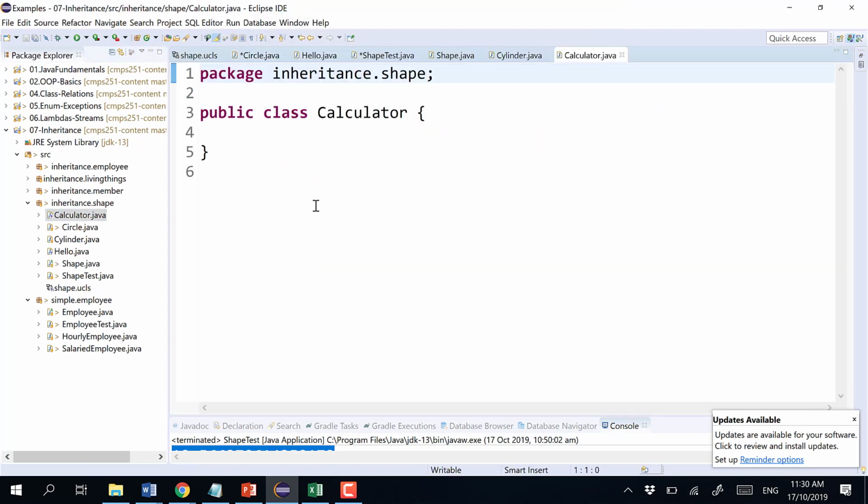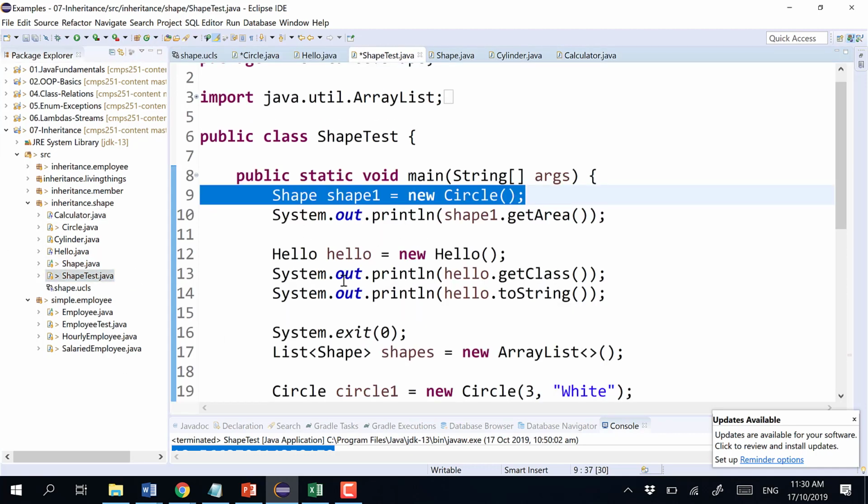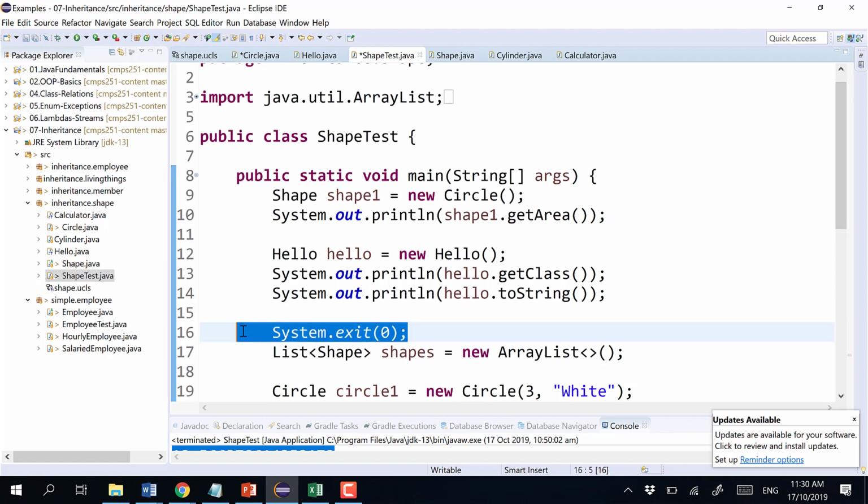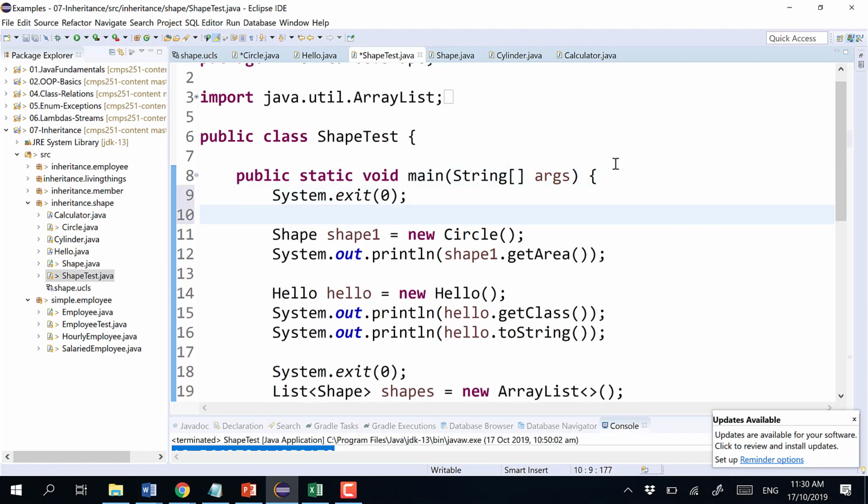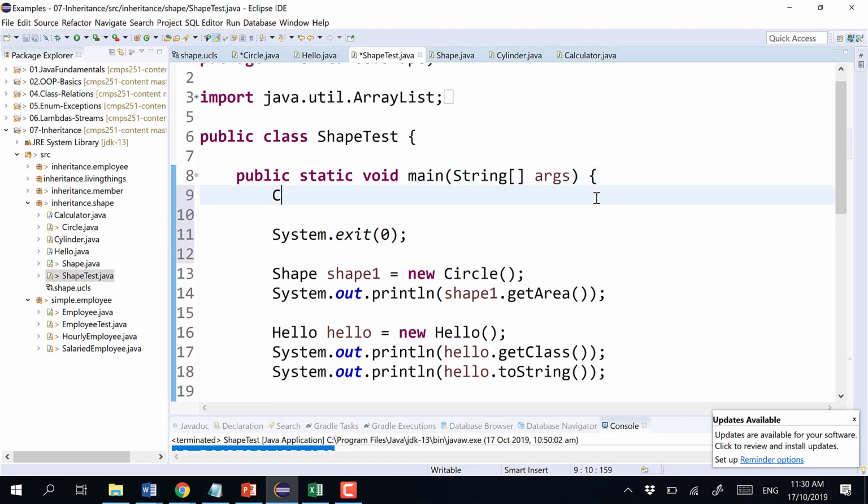Yep. It is blank. There's nothing in here. Nothing is implemented. I'll go to here. Let me just put this one here because I want to exit immediately. So what I'll do, I'll create an instance of calculator. So here is calculator, calc equal new